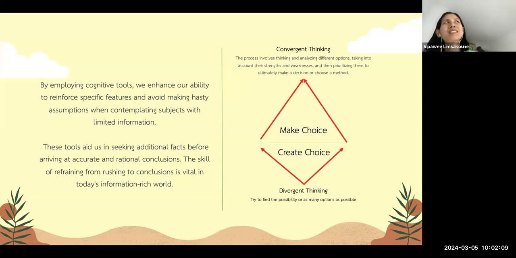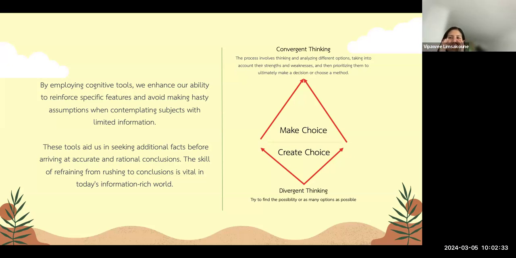Diverge means expand. So we create as many choices as possible. We could try to find possibilities or as many options as possible.